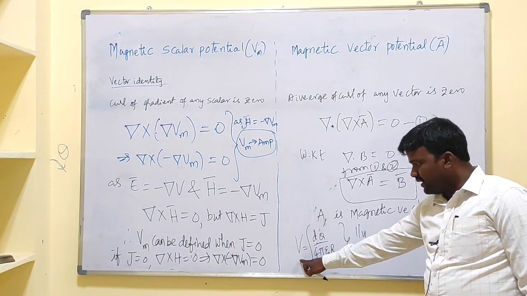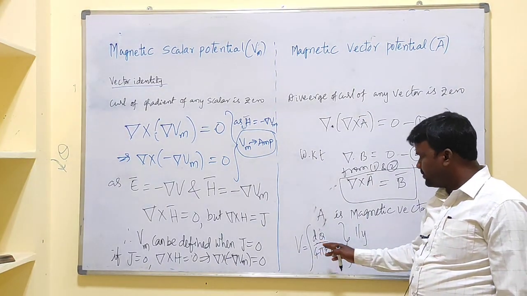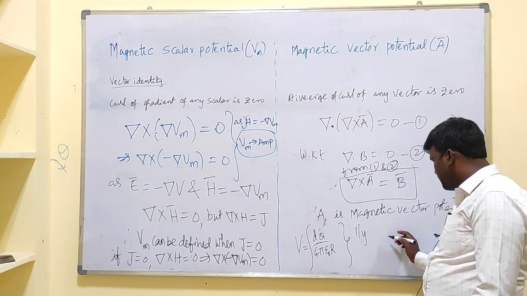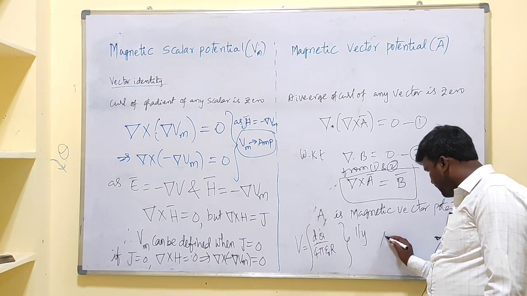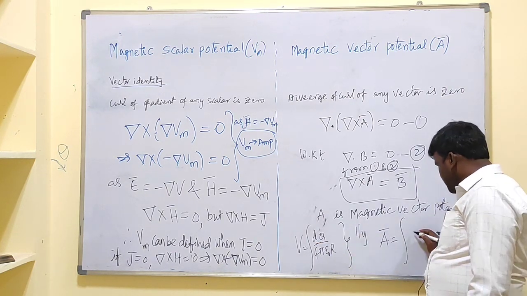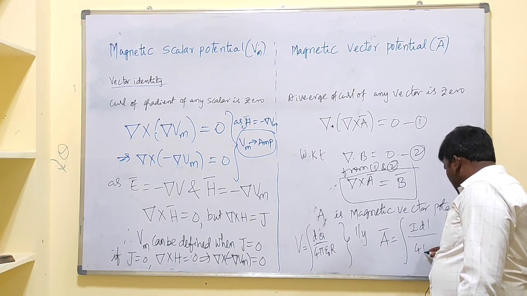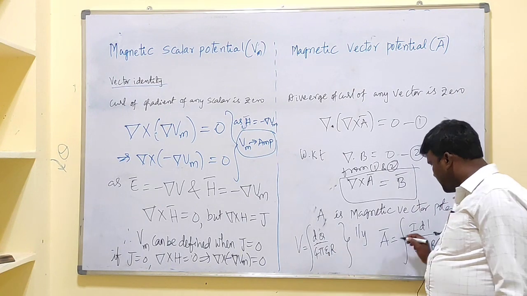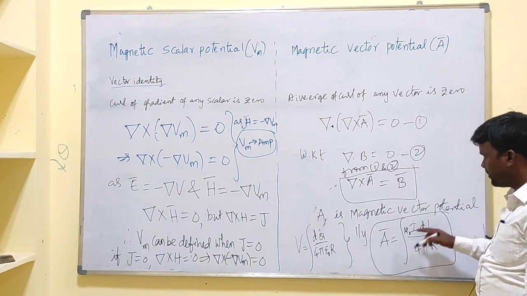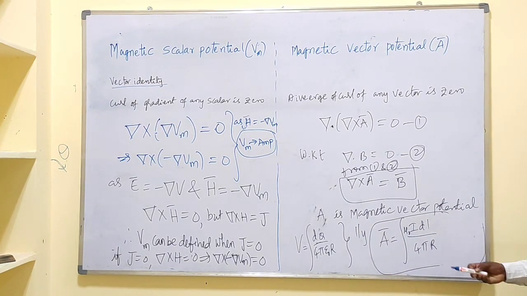Similarly, electric field is due to charge and magnetic field is due to current. So that's why here the differential charge is replaced with the differential current to define our magnetic vector potential A. Here the differential charge is replaced with the differential current element IDL by 4 pi r, and 1 by epsilon naught can be taken as mu naught. This is the expression A equal to mu naught IDL by 4 pi r in case of the line current element.